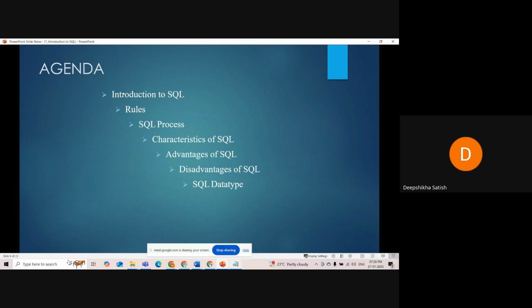Now let's see what we are going to learn. So let's understand SQL, the rules, how we can define the query, what all the processes are, the characteristics of SQL, why we are using SQL, what the disadvantages are, and data types. Like we already learned different programming languages, like how to access and handle an operating system, the Linux operating system, Python, R. To interact with that particular system, we have to write the syntax in the same way. So here we have to learn SQL data types so we can write the query. Okay,